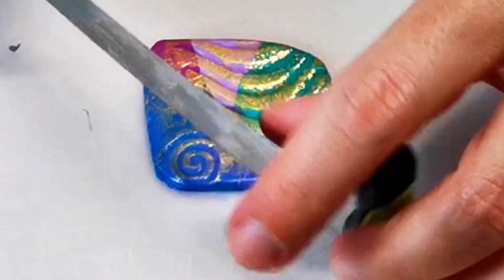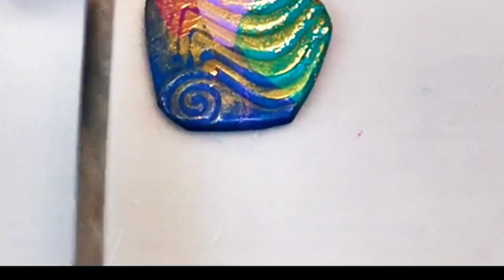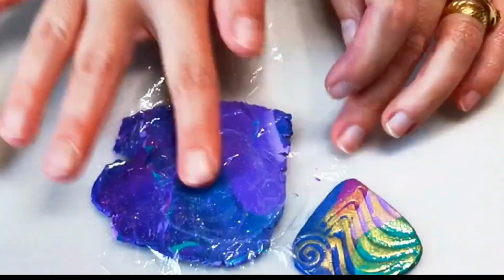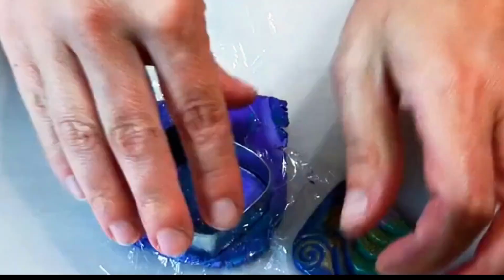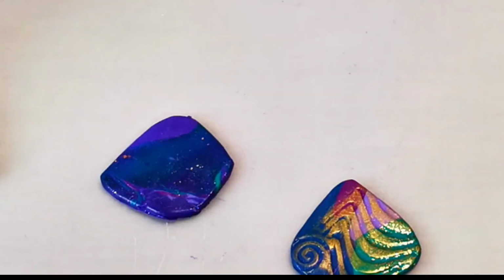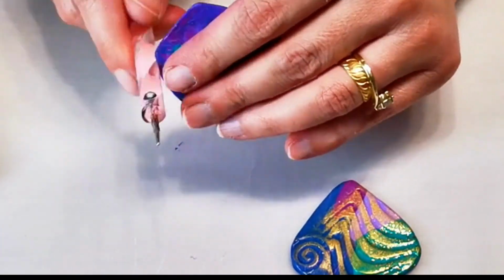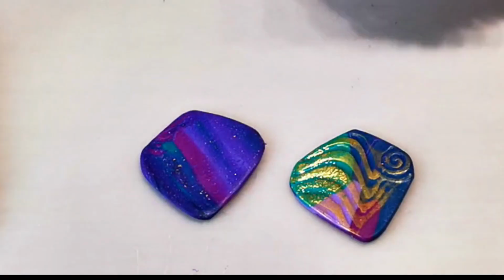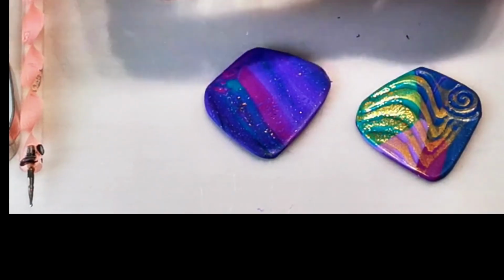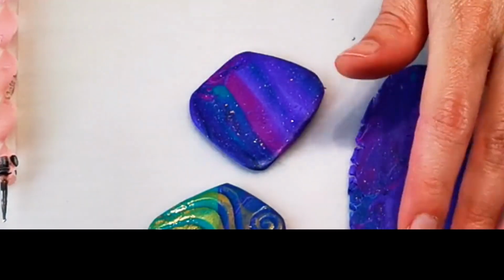I passed more scrap clay through the pasta machine, and I'm repeating the same steps to make the back of the bead. Don't forget to use your acrylic roller to work on the edges and to make sure that your beads and focal pieces have nice and neat edges. Again, I'm cutting two rectangle shapes, and then I will